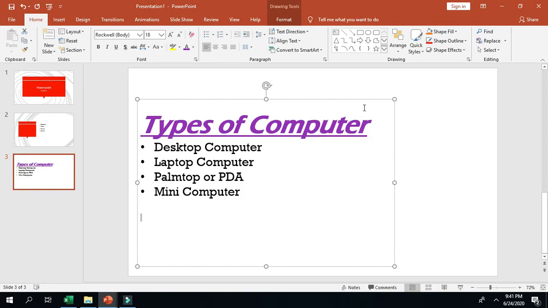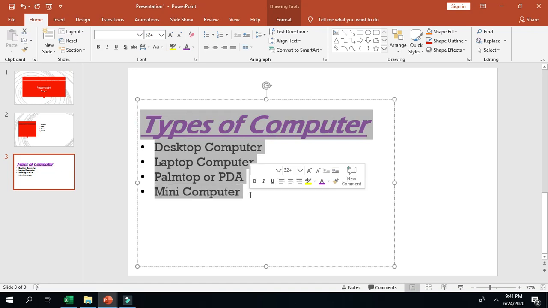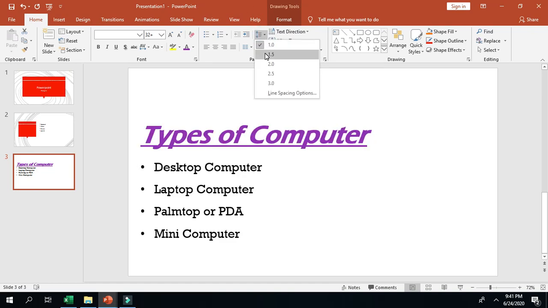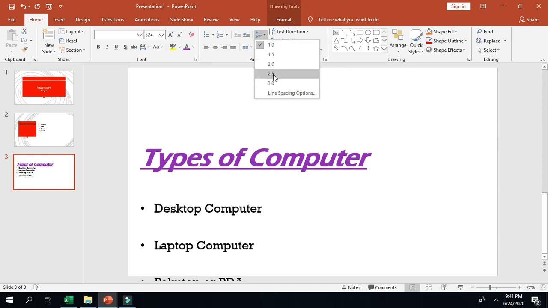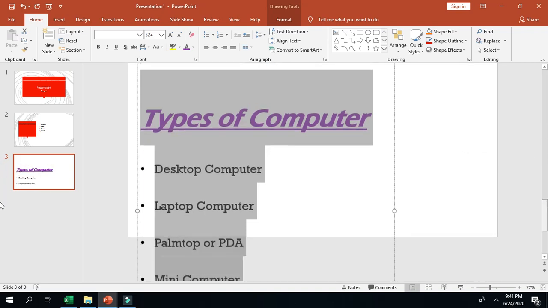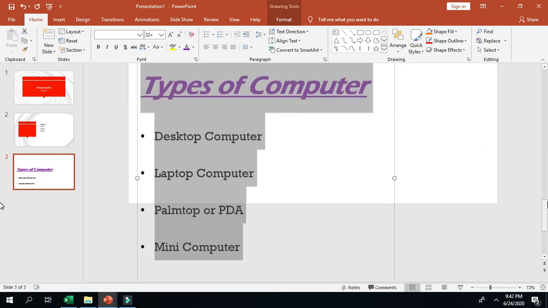Next topic is setting the line spacing. So we can change the space between the lines. To change the space between the lines, firstly we have to select the text, then we will click on the Home tab, then we will click on line spacing button. It will show various line style options. We can choose any line spacing option. With this, the space between the lines will be changed.